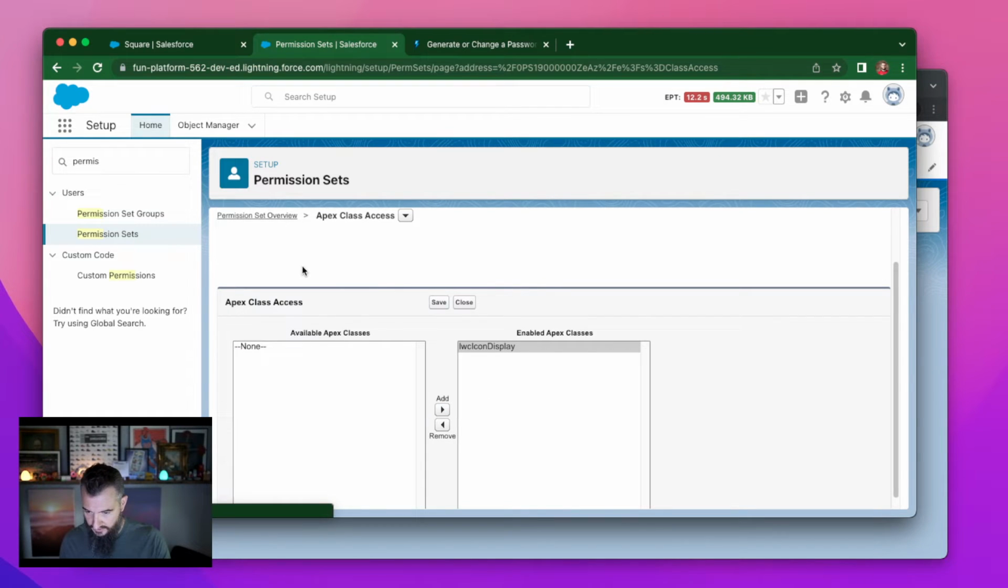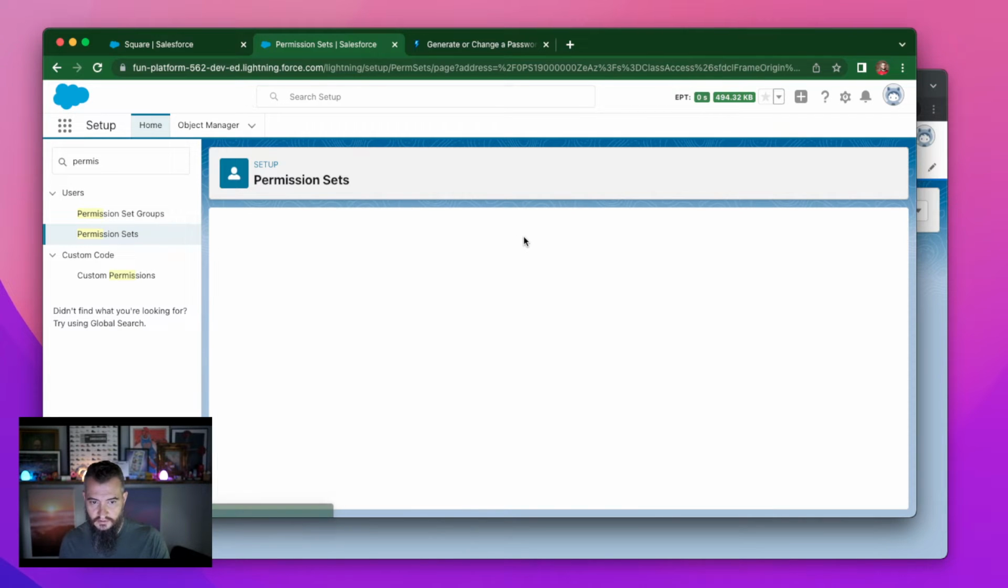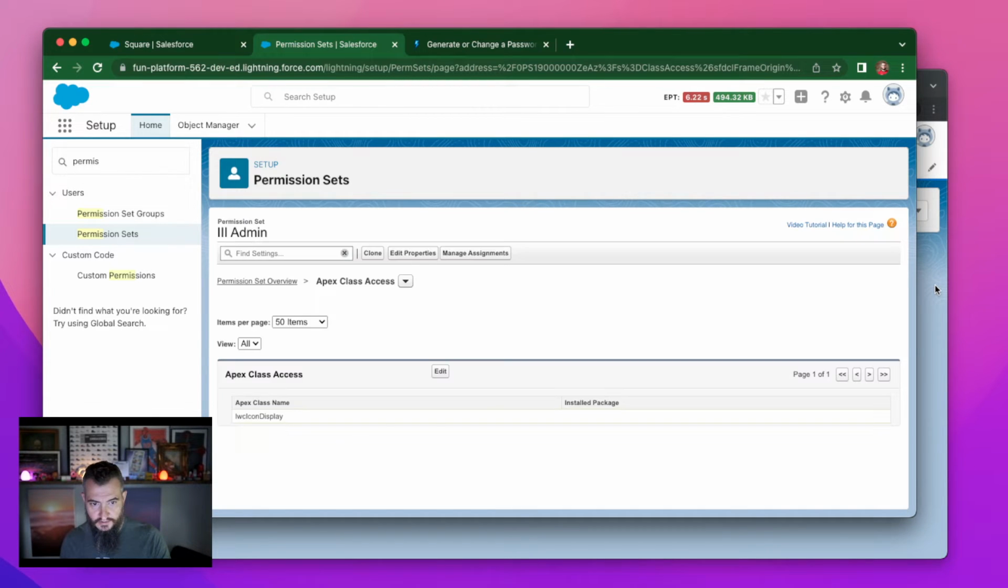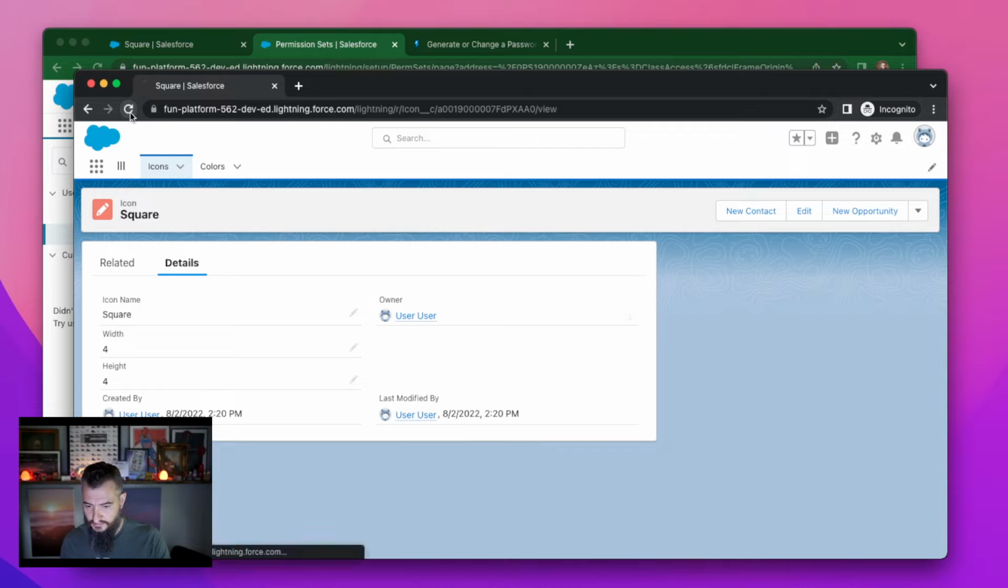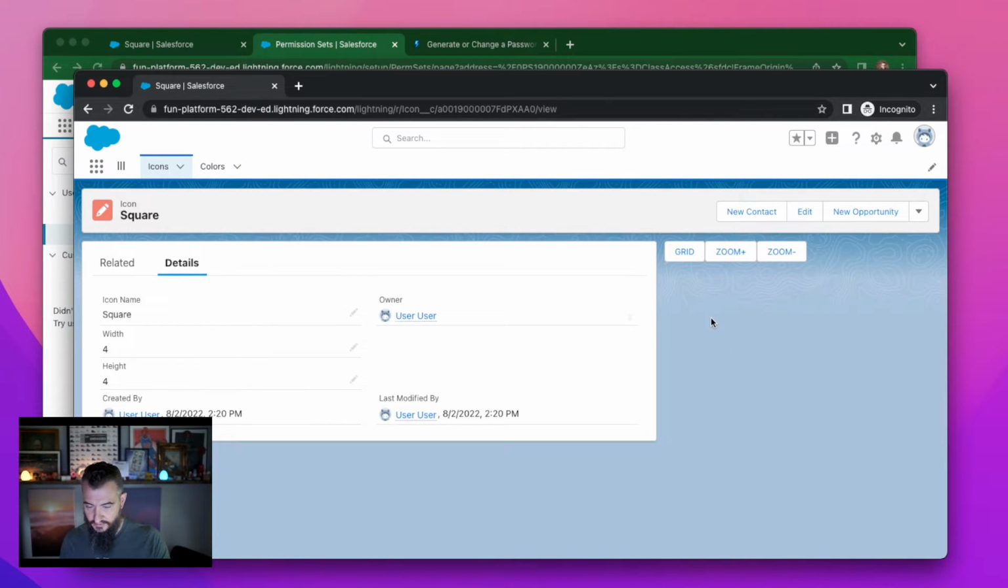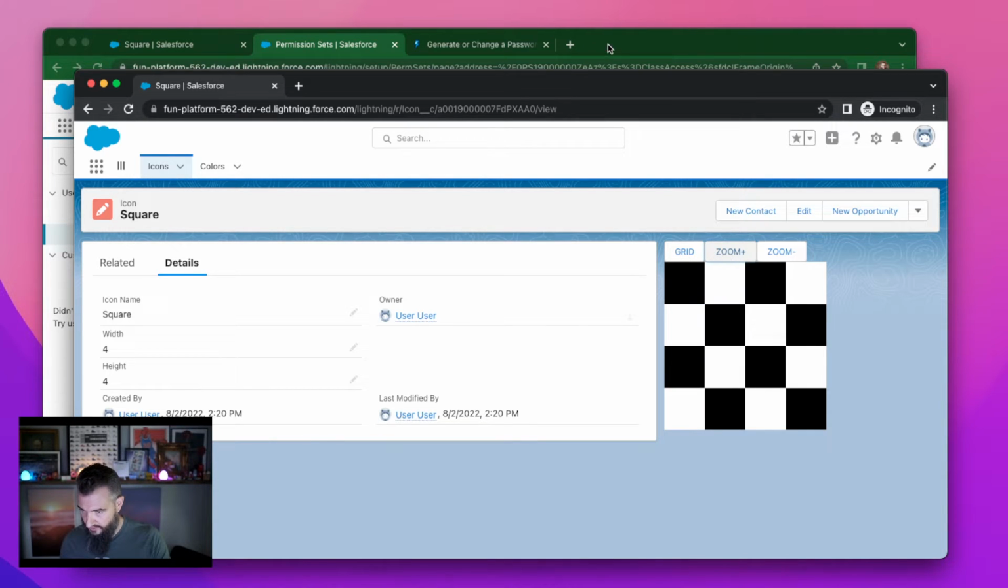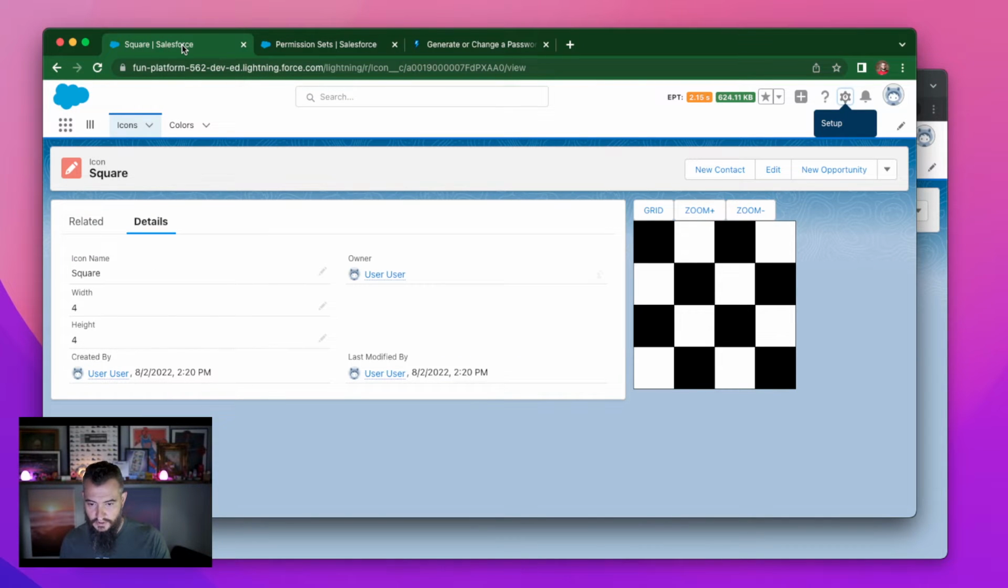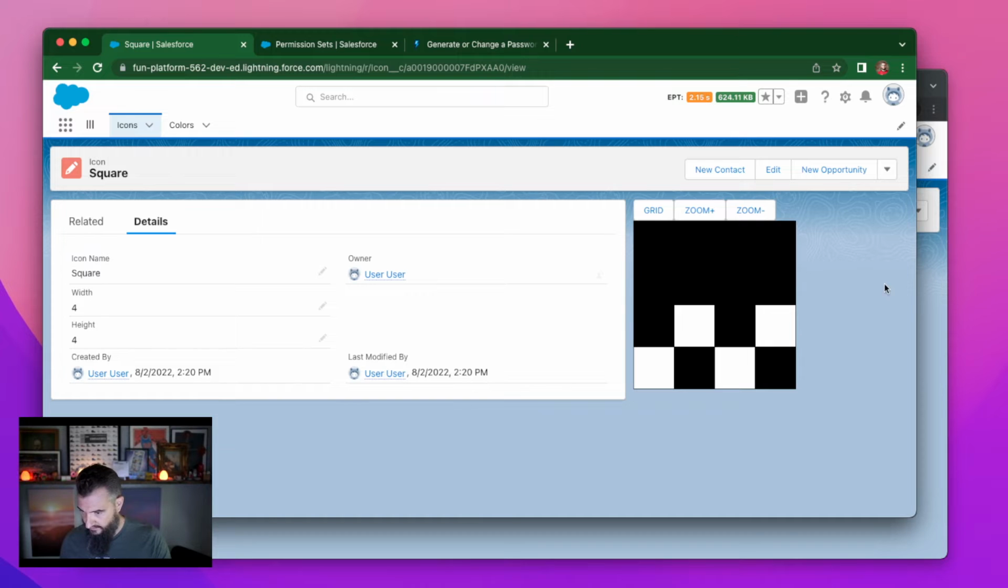All right, let's give this permission set access to the Apex class that runs it. It runs the component. Hopefully we get back in action here with our other user. Hopefully this starts loading a little faster too. There we go. All right, we're zooming in. Here, this is my user 2. This is my user 1. If I fill these up,